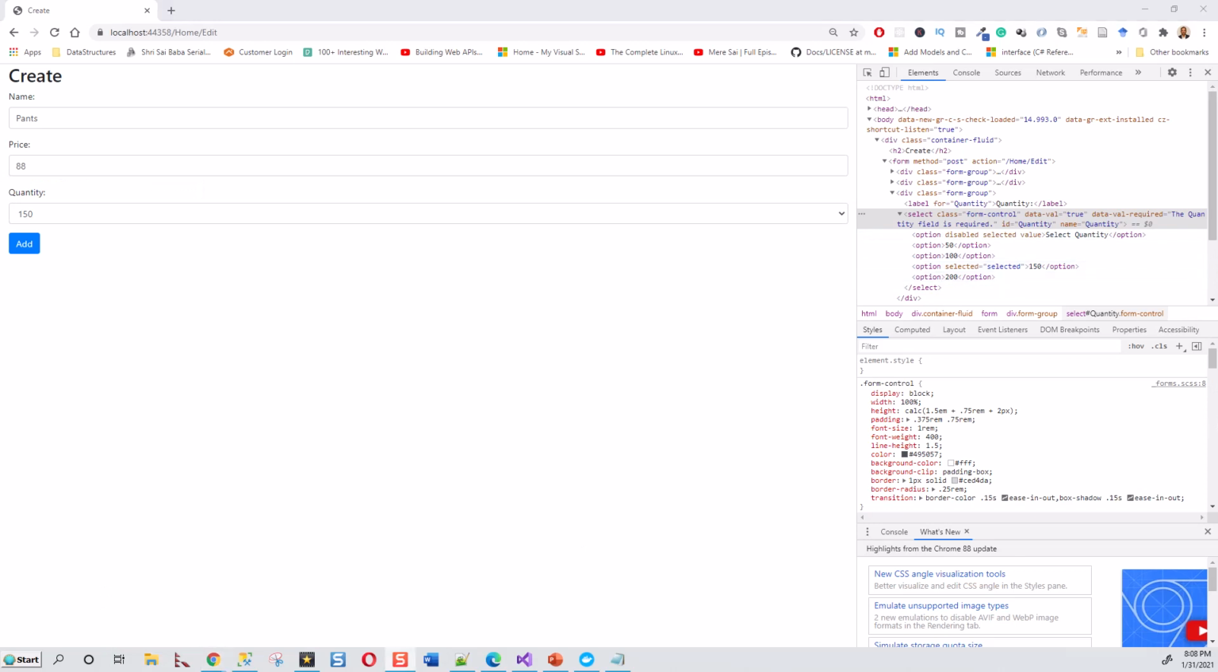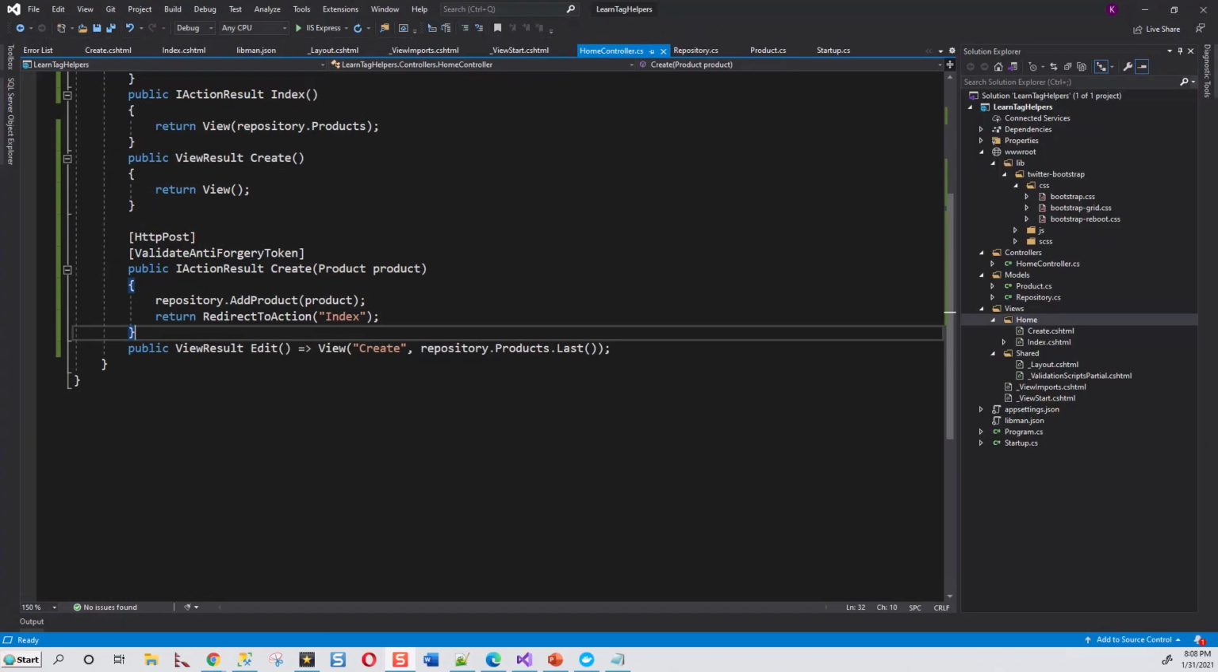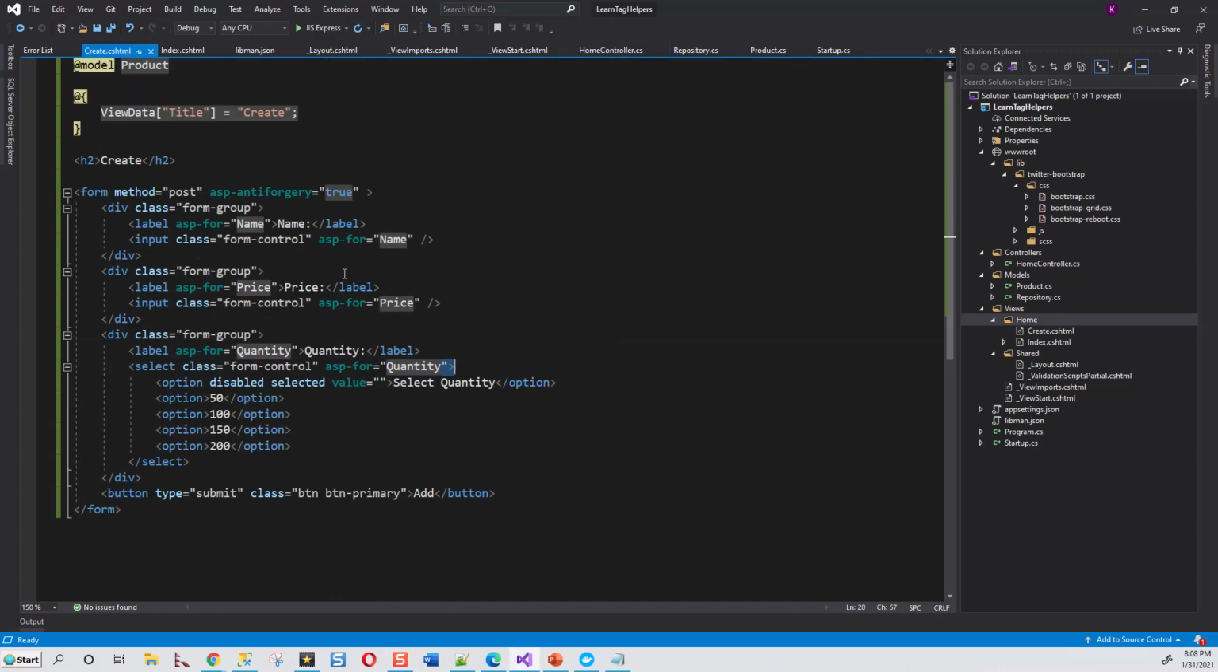Okay, next there is the asp-items tag helper for the select element. Let's kill this application and close this browser. The asp-items tag helper is used to specify the source of values for the option elements contained inside the select element. This helps to generate the option elements from the data source. Accordingly, we have to change the create view's quantity select element code to this. So in the create view, for the quantity,